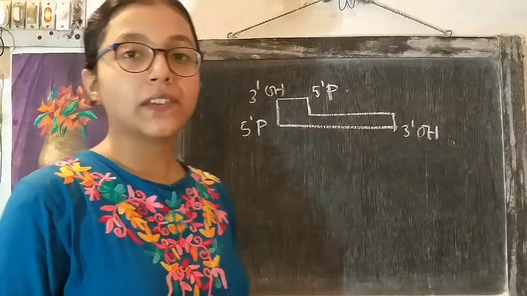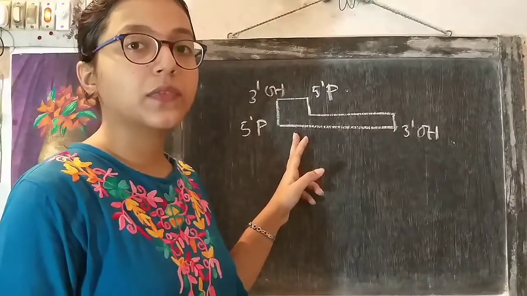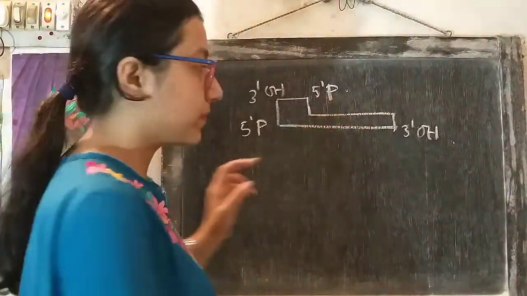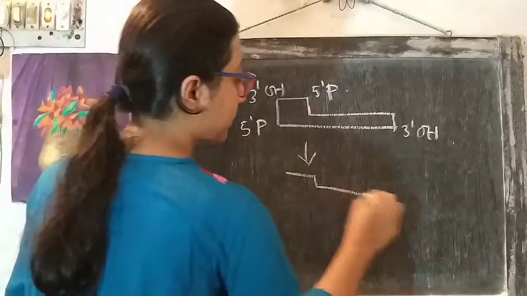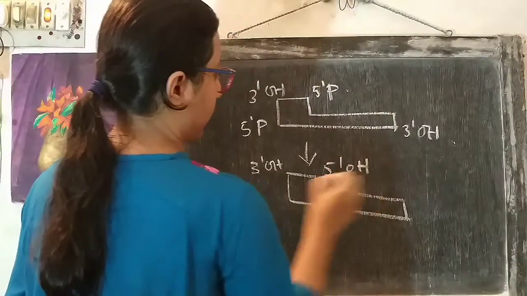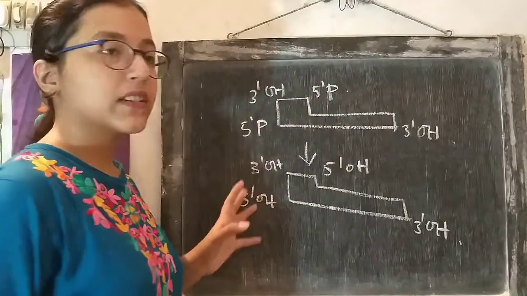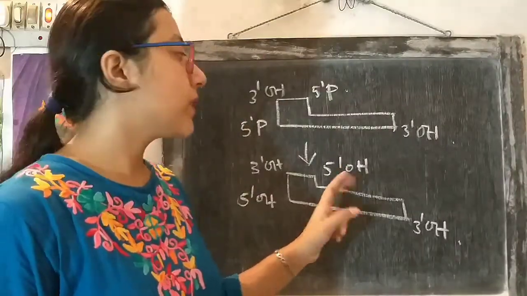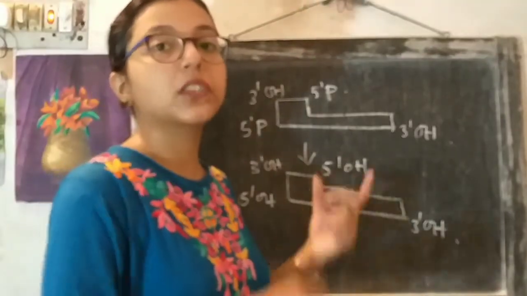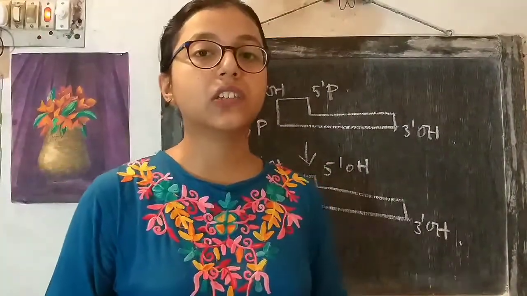The target is the 5' phosphate group, and how can this be removed? By the use of alkaline phosphatase. We have learnt about alkaline phosphatase and its use. When we treat the adapters with alkaline phosphatase, the phosphate group from the 5' end is removed. So what will be the resultant product? This will be the resultant product. After removal of the phosphate group, the 5' end will contain a hydroxyl group. So a phosphodiester bond cannot form between 3' OH and 5' OH. So this process is blocked. There will be no further self-ligation of adapters.